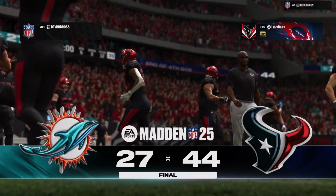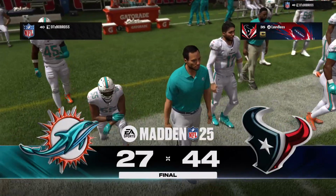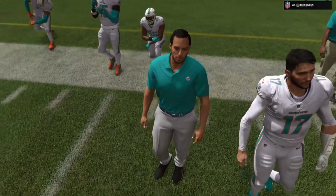Charles, a lot of happy faces heading into the tunnel as this one ends, and understandably so. Not only did they get the win, but